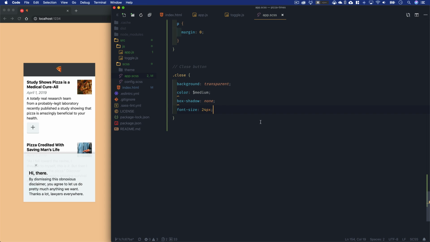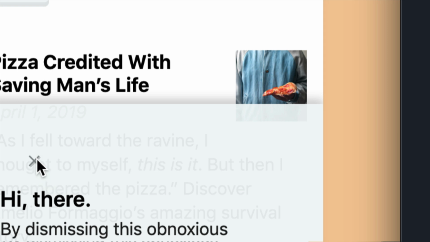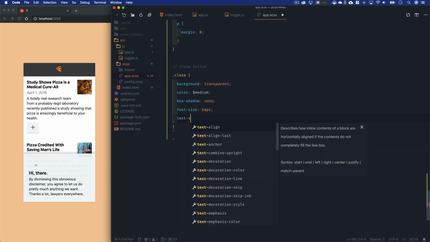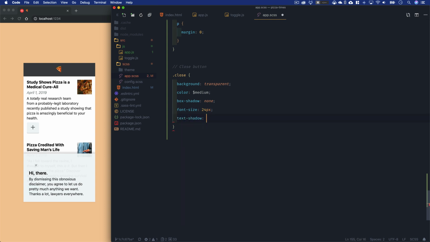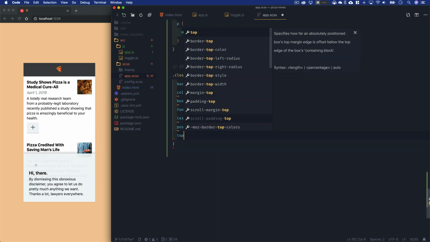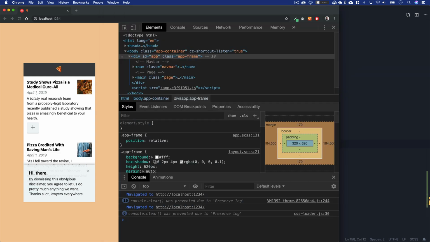I can see there's some text shadow. Might be kind of hard to see there, but if you zoom in here, you see that little text shadow to the bottom right of the X. We can easily enough take that out. We'll just do text shadow is none. And finally, we will position that at the top right of our dismissible itself. So we'll do position absolute, top 0, right 0, and that will move it up to the top right of